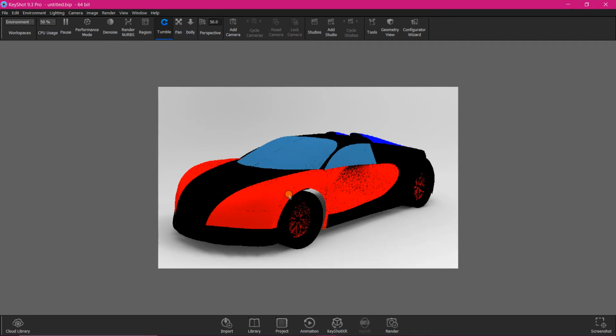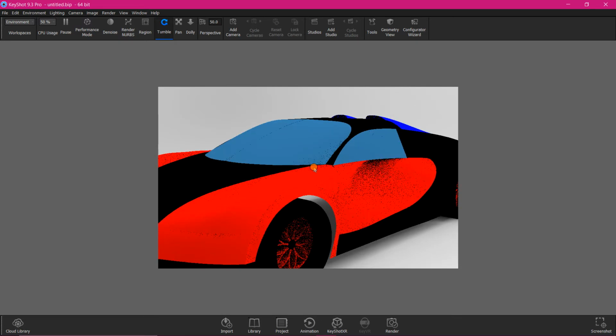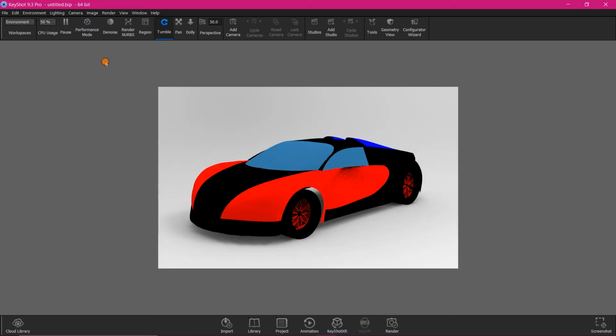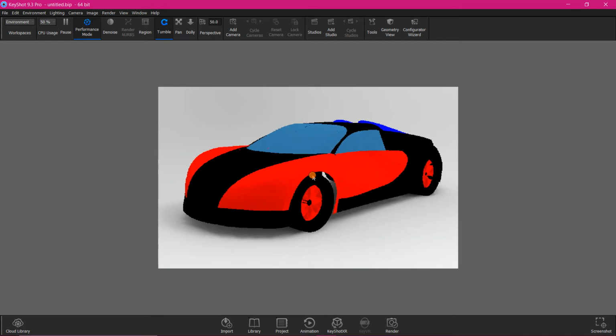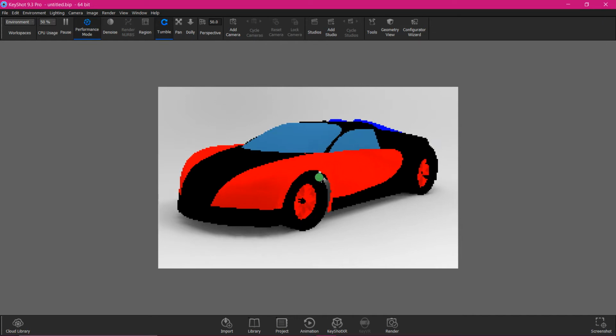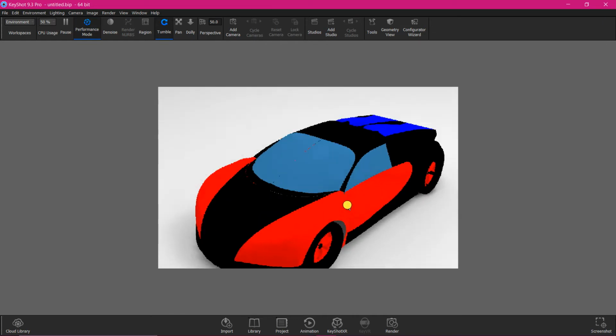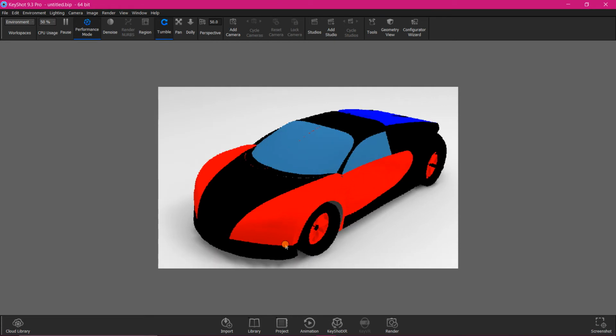I just zoomed it, and you can find these black dots here. So that is the smoothness. So to make that invisible, just click on lighting and let's go to performance mode. See, all those will disappear. See, when compared to Catia, you can find somewhat of a professional look is given to your vehicle. See, you can just see how good it looks.